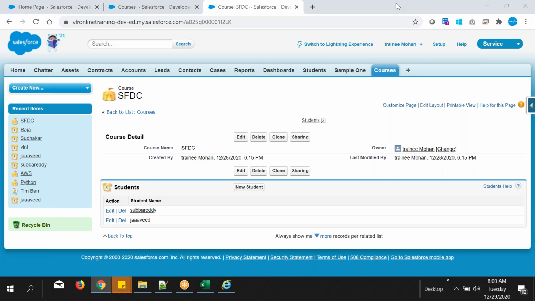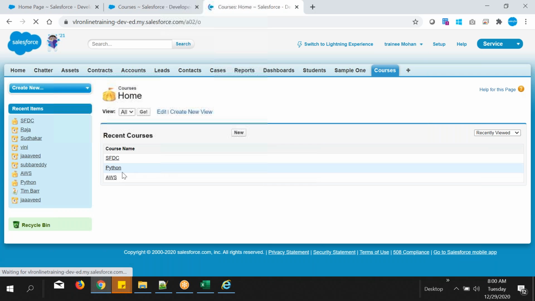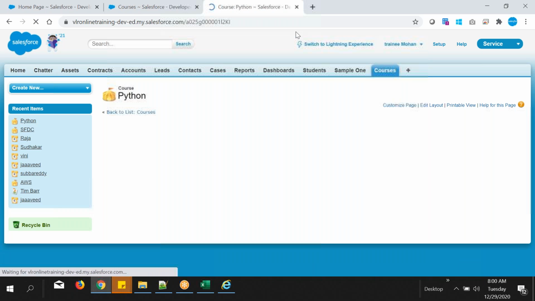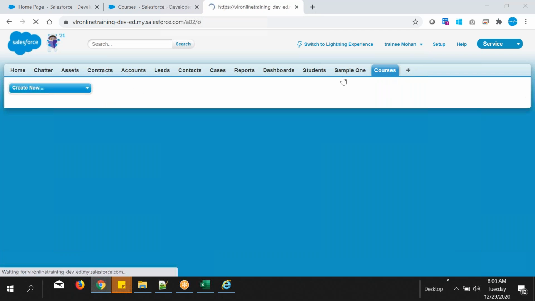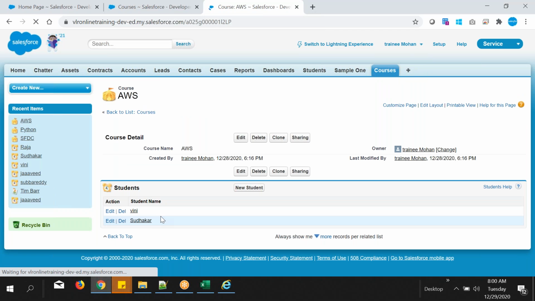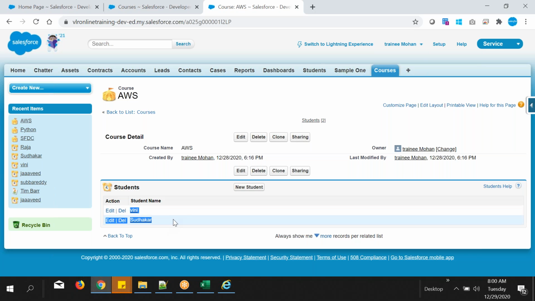Students can go to any course. Raja only attended Python, so they go here. For AWS, how many students joined? Vinny and Sudhakar joined for AWS. So did you observe